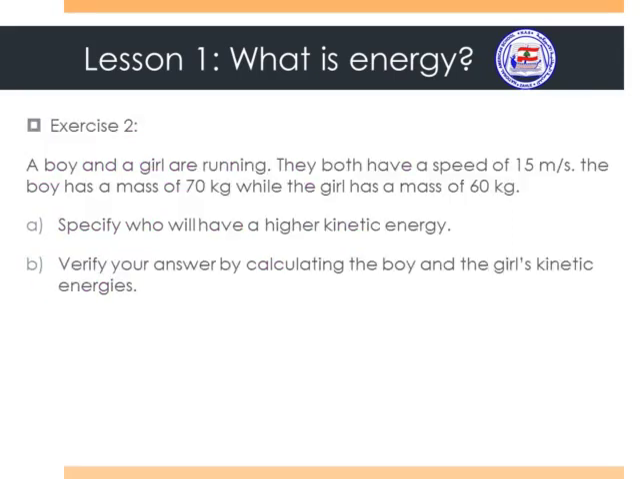Exercise 2, a boy and a girl are running. They both have a speed of 15 meters per second. The boy has a mass of 70 kilograms, while the girl has a mass of 60 kilograms. Part 1, specify who will have a high kinetic energy. And part 2, you have to verify your answer by calculating the boy and the girl's kinetic energies. So you have to apply the equation